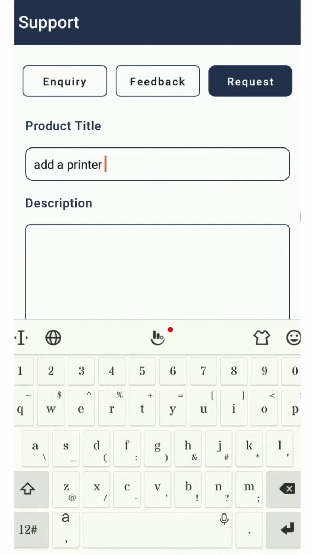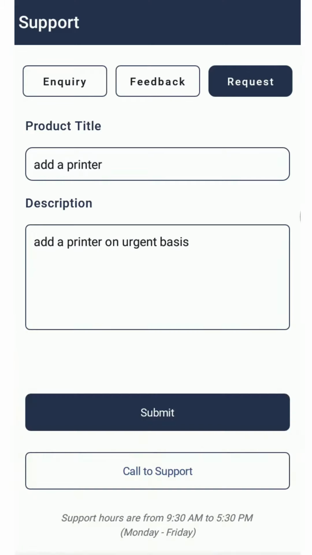Let's say I'm selling a printer and that is not listed in this app, so I can simply raise a request: add a printer, on urgent basis. So I'm sending a request to the support team.